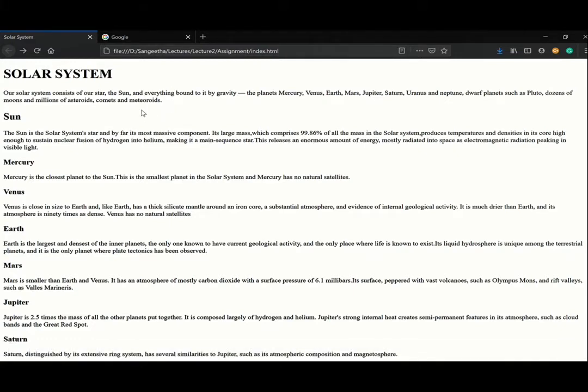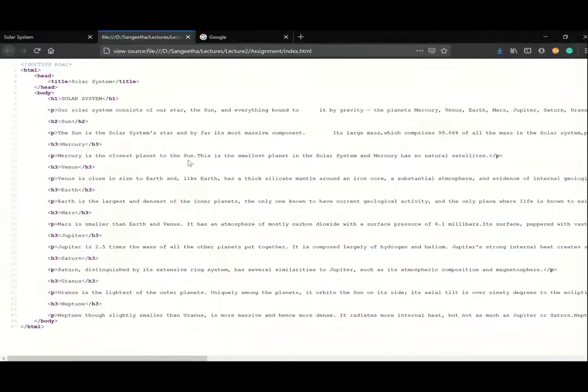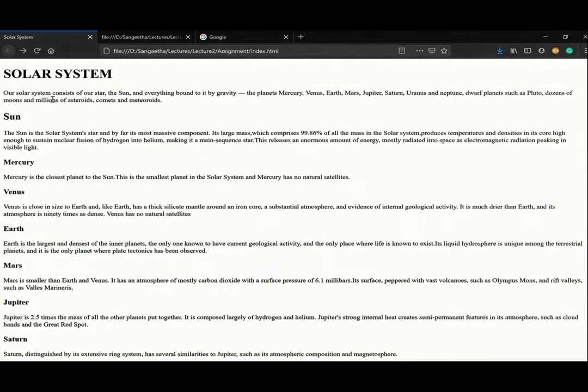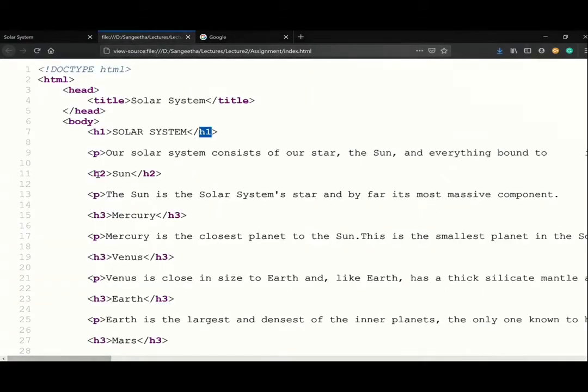Right click and select view page source to view the coding of the web page. So here we have already used HTML heading tags. You can see the size difference for each heading tag. On the basis of big to small, I have sorted the heading tags for solar system, sun and the planets. This is just an example way of how to give HTML tags. You can decide your own way of designing for your web page. Regarding HTML paragraphs, we have already used that p tag for mentioning paragraphs in the web page.